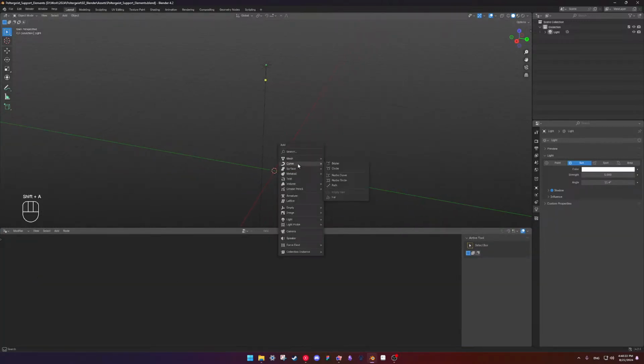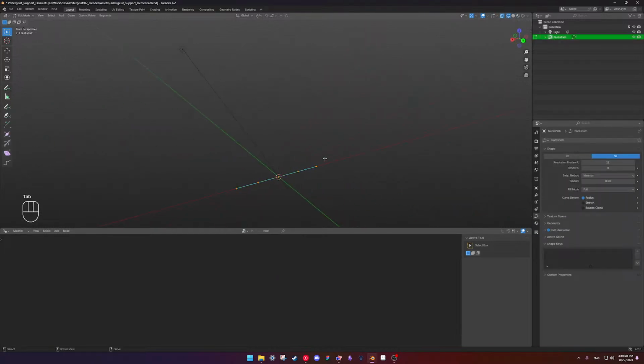Add a curve. Let's rotate it on the Y by 90. Get rid of that. Let's scale Z from here. Scale Z.